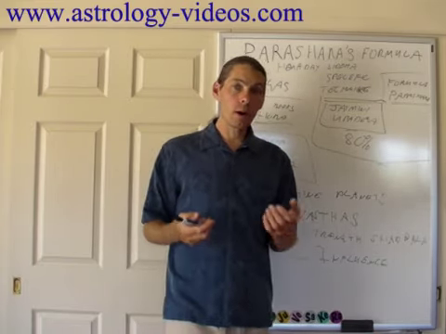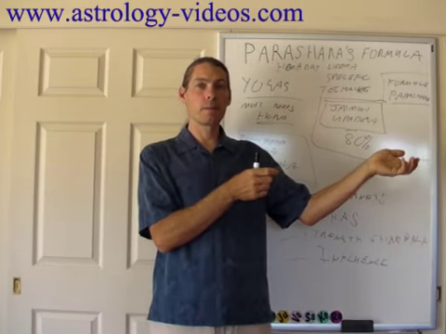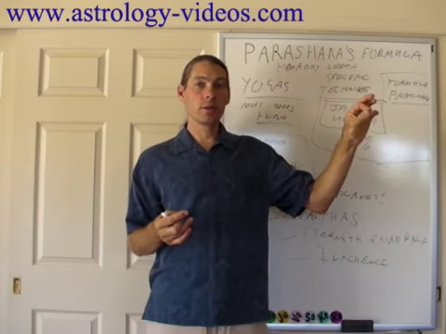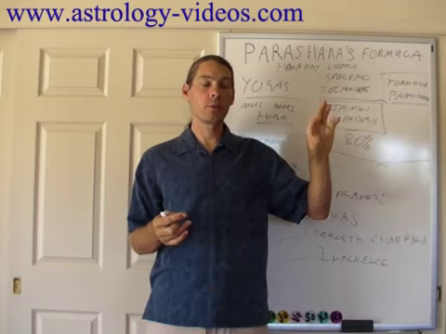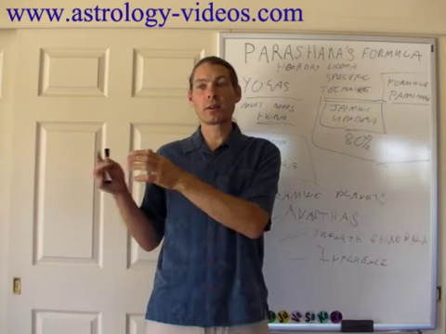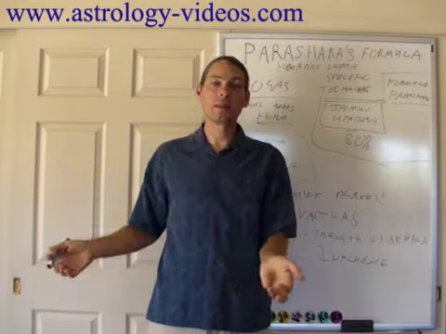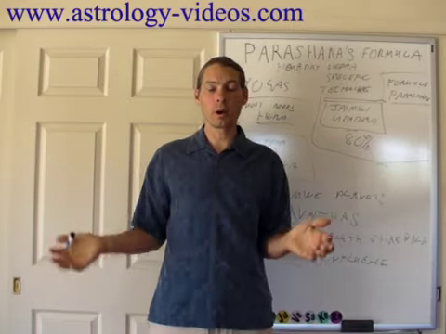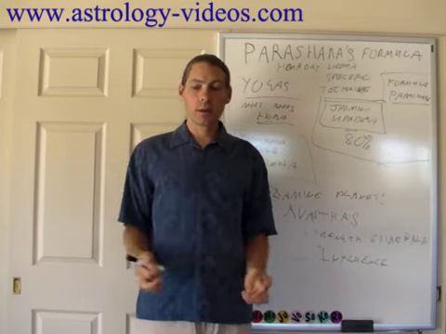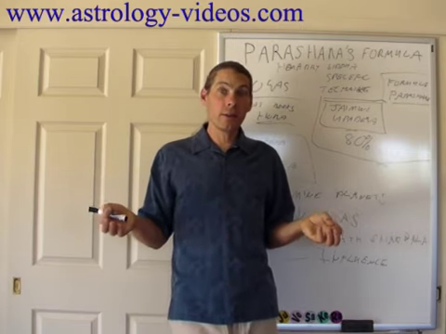Why didn't they work? Well, because Parashara doesn't tell us how to use them. He just gives us the calculations. Okay? Essentially, he tells us 1 plus 1 is 2, 2 plus 1 is 3, 3 plus 1 is 4, gives us all of our pluses. Then he gives us our times table. 2 times 2 is 4, 2 times 3 is 6, 2 times 8 is 16, 2 times 12 is 24, 12 times 12 is 144. He basically gives us calculations. So now we know the calculations. But what do we do with them?